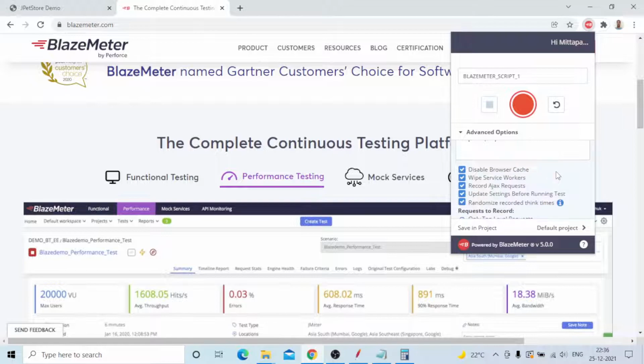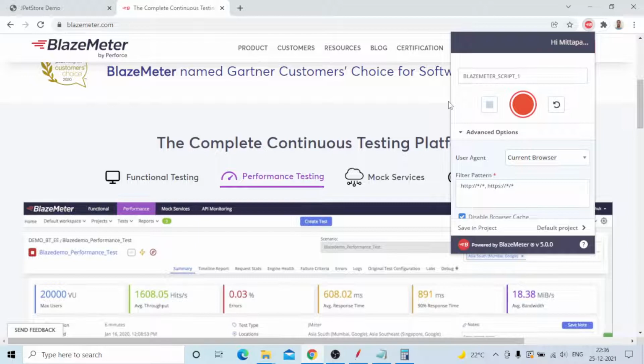This is the BlazeMeter recording. Don't think of this one only, there is a lot available. You need to record in this way. For mobile applications, you need to record directly through the BlazeMeter process recording. It's a different process. Okay, so many features are provided, but everything is licensed. But recording is free only.